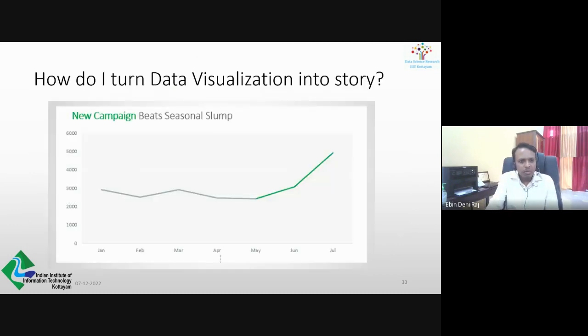So this is how you can turn visualization into a story, right? We have seen how to create a clutter-free, impactful graph that highlights attention, and we also know how to make it look smart and presentable with certain design rules, but we haven't gone into the depth of that. How do you really tell a great story out of that? If you apply all these components we have seen to our graphs and tie everything together, that will definitely tell a great story, right?